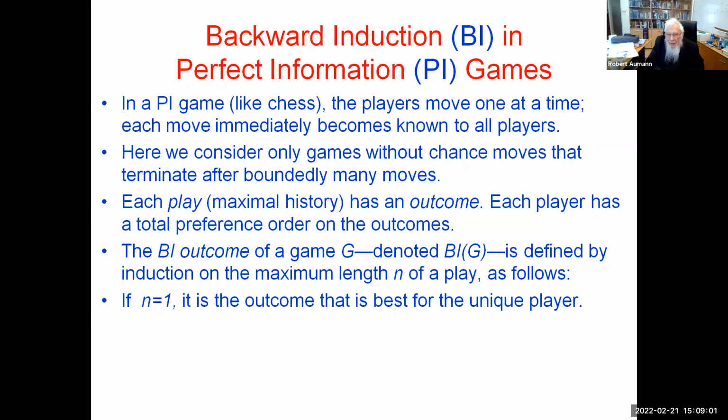So in other words, the player's one move is to choose an outcome. We define the backward induction outcome to be the one that is best for him. For general n,